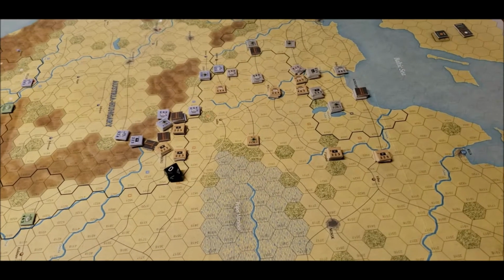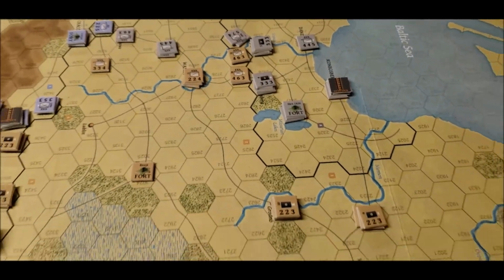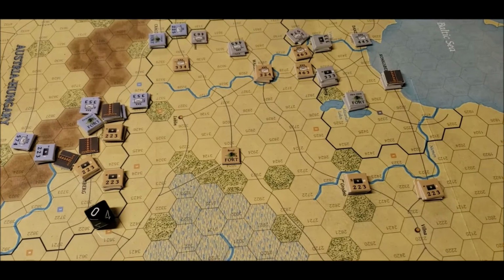All right, here we go. Turn 4. It's the Eastern Front. The Germans shipped in some troops and they used the replacements and actually put most of the replacements over here